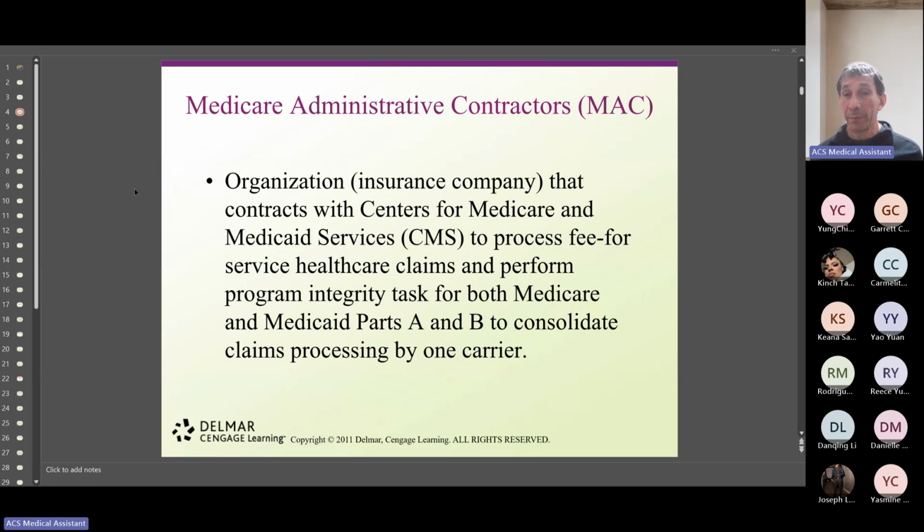But for now, remember, the Centers for Medicare and Medicaid Services are the ones who are going to determine how much money the medical provider is going to receive for these particular services, whether the patient is admitted and hospitalized, or the patient is receiving services in an outpatient setting. So that's basically what is being said right here.